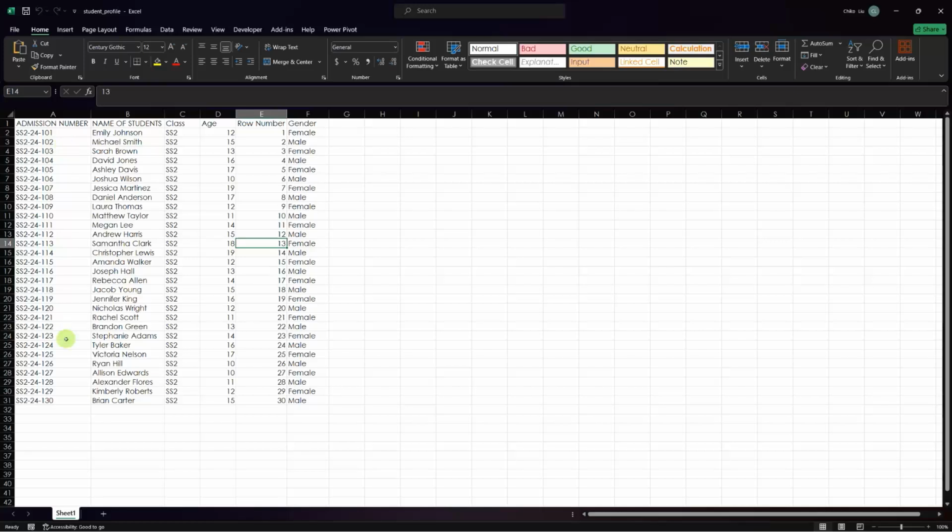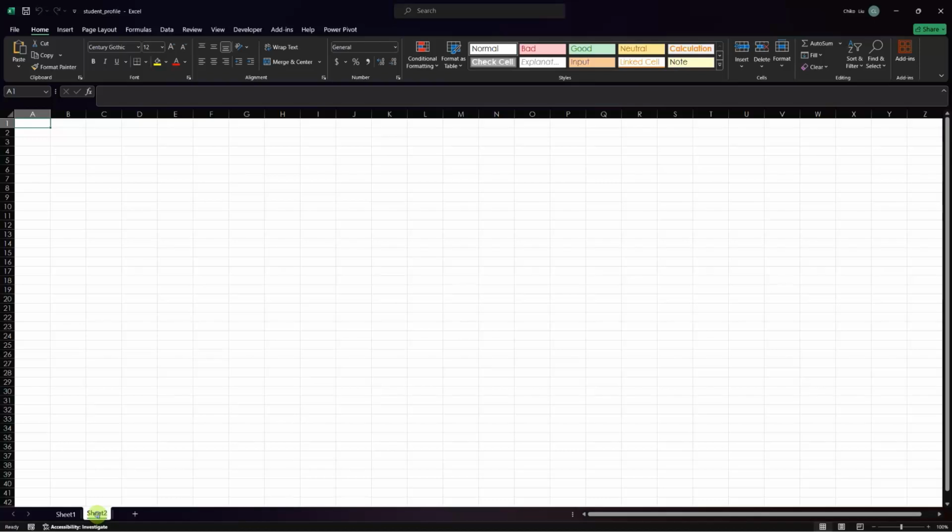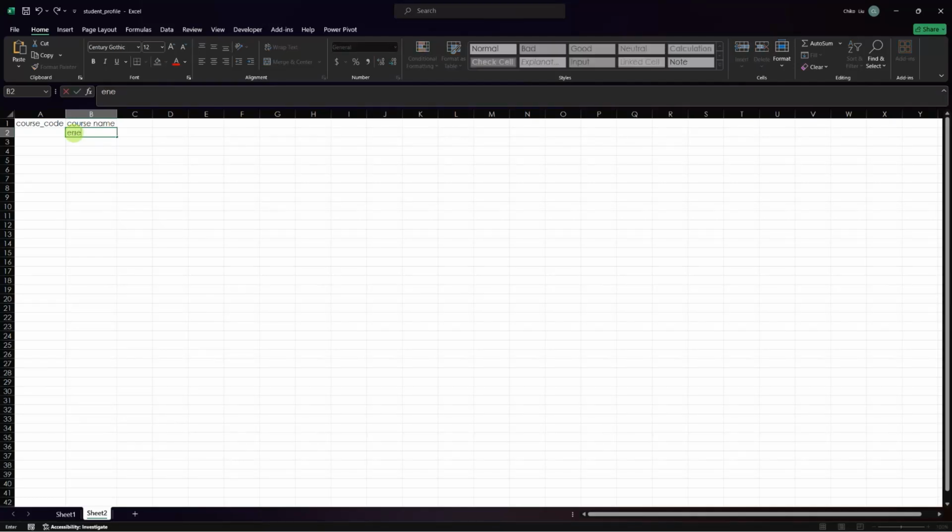Let's see. So I could just come here, say sheet 2, and I'll just put the course code and say course name, and we could just come up with English, math or mathematics, computer science. I'll create everything and we'll